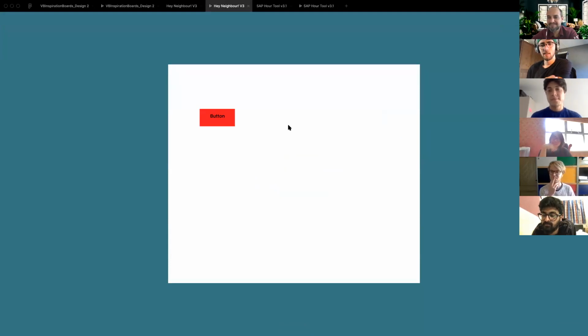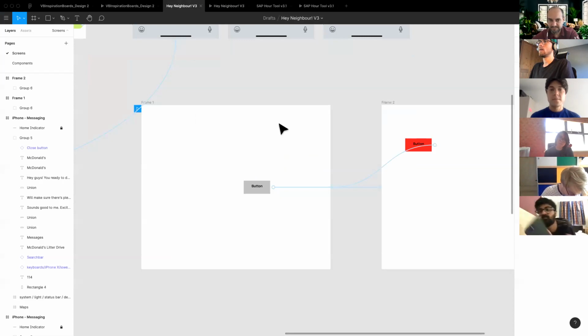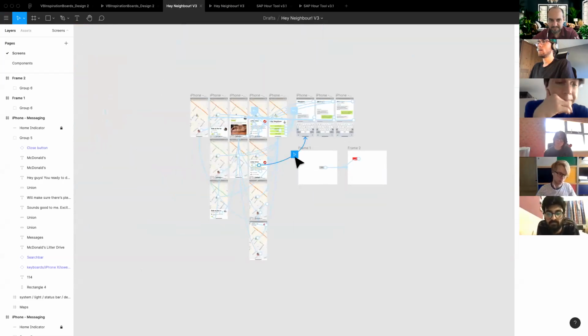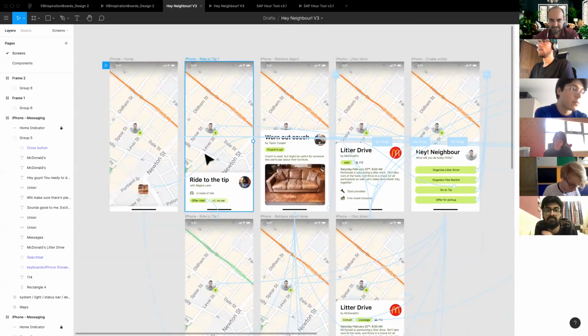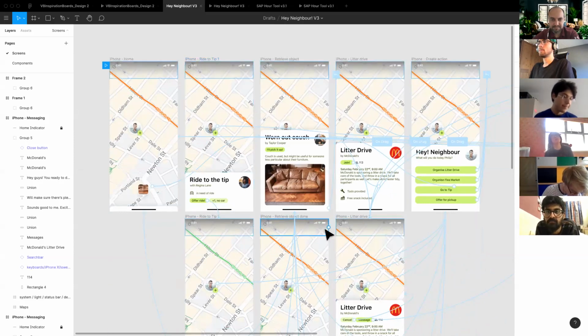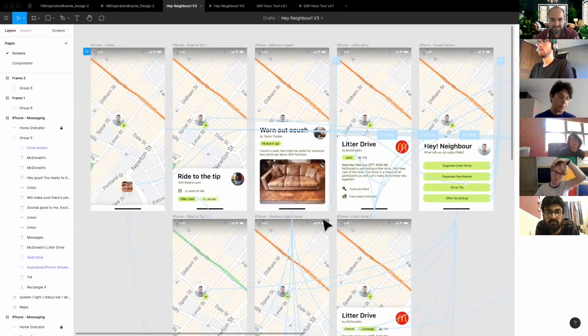Can I ask, for that instance, like in your Hey Neighbor version, you change the size of it, but you still have to retain the same name. Like, if you make your button a component, but you have two components of different sizes, how do you standardize it when you give it to the development team if you have the same component name in different sizes throughout your